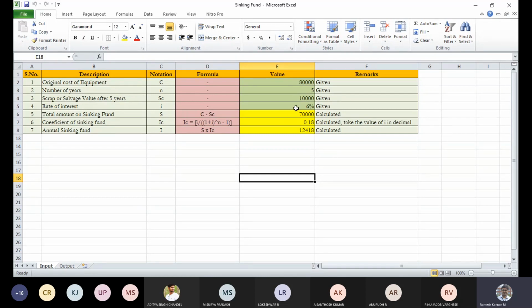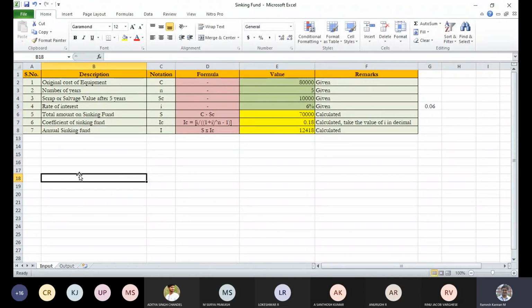And the rate of interest is given as 6%. Generally the rate of interest is given as 6%, but we don't put it in terms of percentage; instead it is 0.06. So the value is 0.06. And finally, the coefficient of